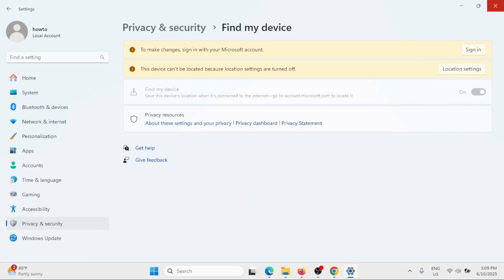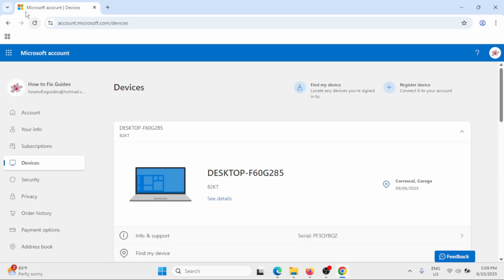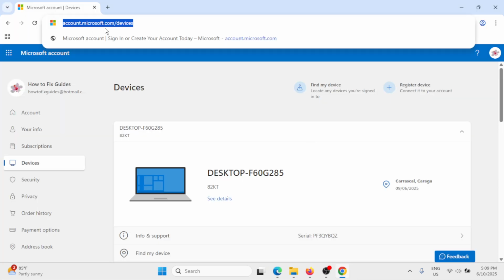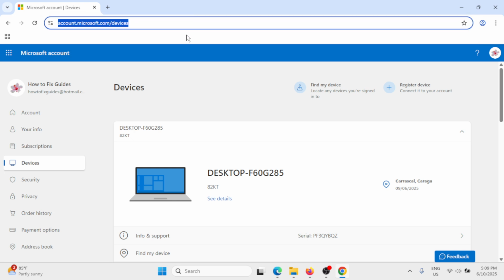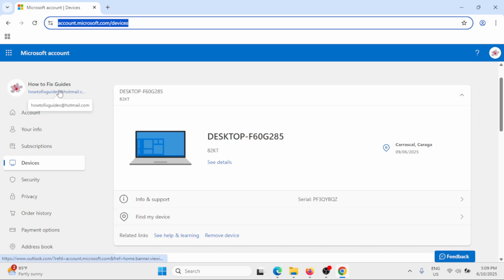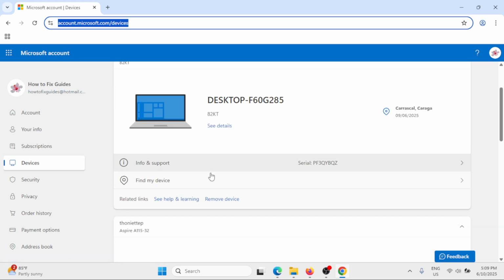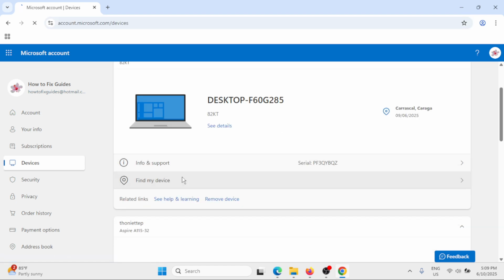So once this is turned on, open a browser and visit account.microsoft.com. Okay, visit account.microsoft.com and log into your Hotmail account or Gmail account that you have used to log into your Microsoft account, just simply log in from here. So I have the How to Fix Guides account, and here you'll find the option Find My Device. Click on that,